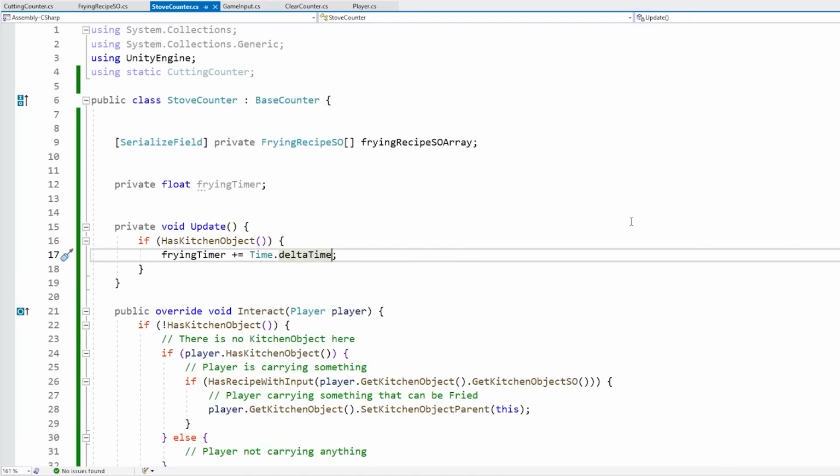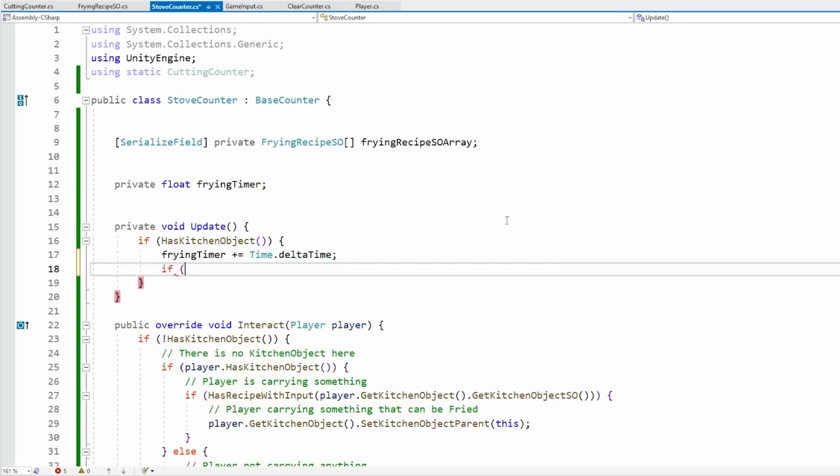By the way, when working with a timer, you can increase or decrease. It's pretty arbitrary, both ways work. The obvious difference is only if you test if it's above the max or if it's under 0. In here for frying, it does make sense to start at 0 and then go to the frying timer max. So you do that, and if the frying timer is bigger than the maximum,